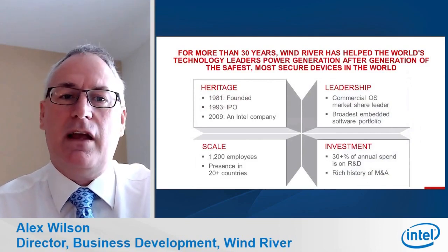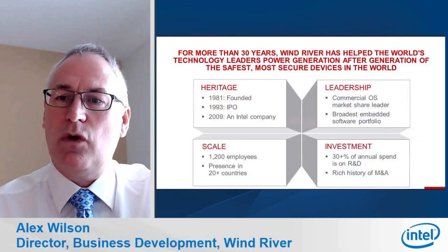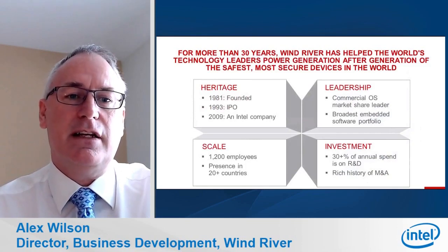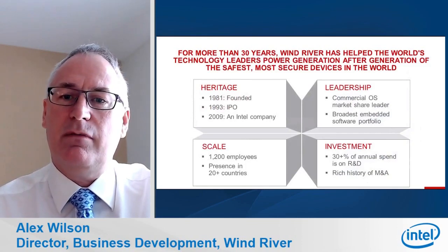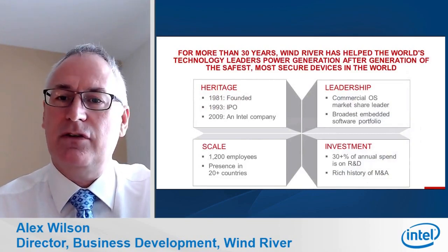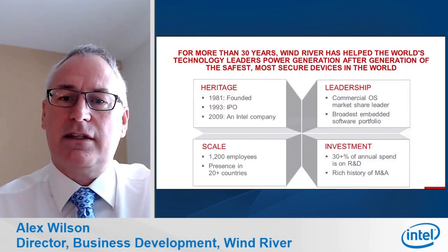In fact, the Opportunity rover has been up on Mars working for over 10 years, and it's given a huge amount of science data back to NASA scientists. We were founded in the early 80s. As I say, we're a commercial leader within